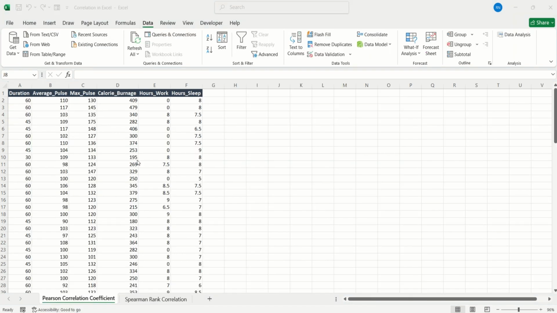So right here I have a data set. This data set is gotten from W3 resource. It's a health data that was extracted from a sports watch. So we have duration, we have average pulse, max pulse, calorie burnage, etc. So the first thing to do, if we want to calculate Pearson's correlation coefficient, we can use a function, an